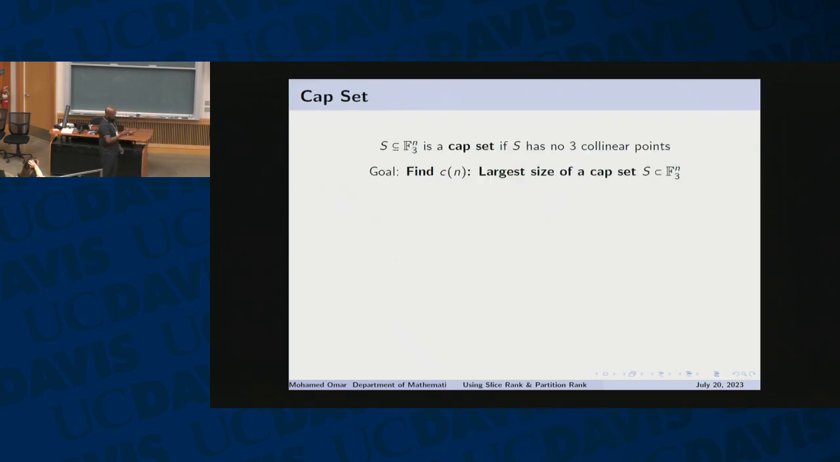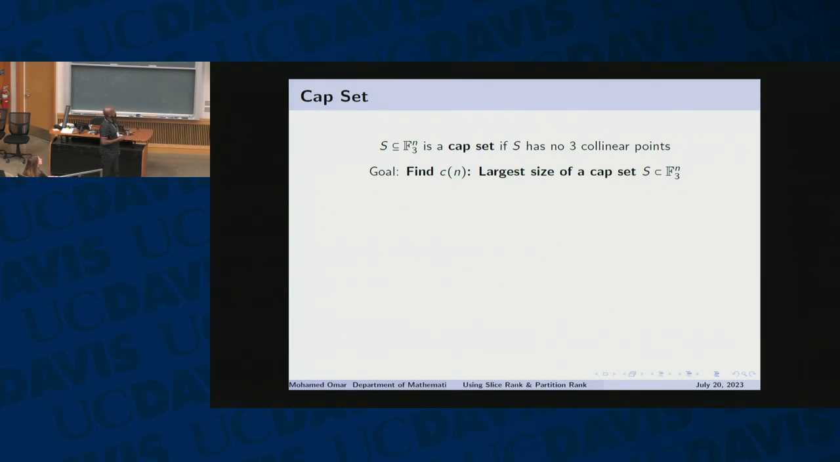Okay, so I'm going to think about this simple-seeming extremal problem. You have a subset of an n-dimensional vector space over F3, and we'll call it a cap if it has no 3 collinear points. The question is, how do you find this number, parameterized by the dimension of the space, which is the largest subset of this vector space that avoids having